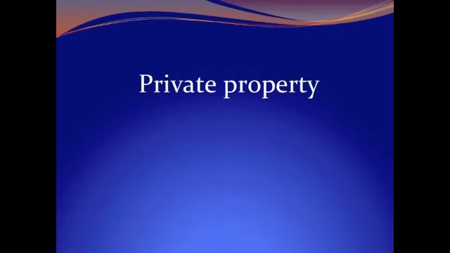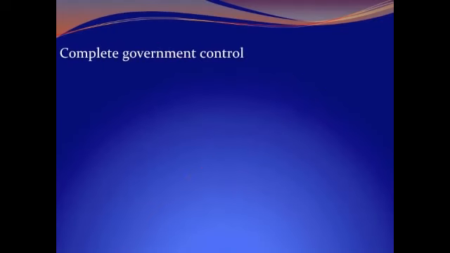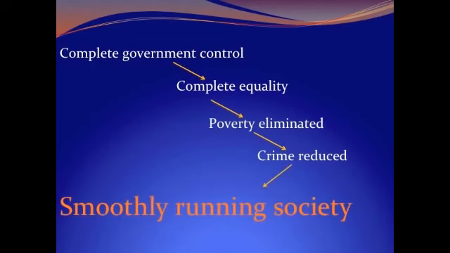There is no such thing as owning property. The government owns any and all property and usually confiscates inheritances after a person dies to be reallocated by the state. The thinking is that well-educated moral leaders can make better decisions for society and its citizens than individual people, and if everybody is controlled, then there will be complete equality amongst everyone and poverty will be eliminated, and in turn, crime will be reduced because everybody would be equal and taken care of, and there's in theory no room for jealousy.